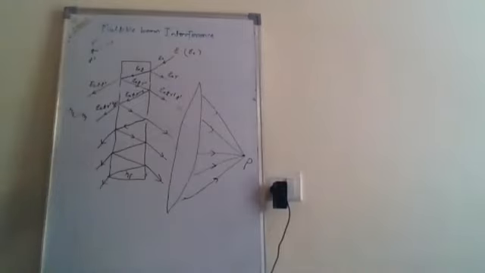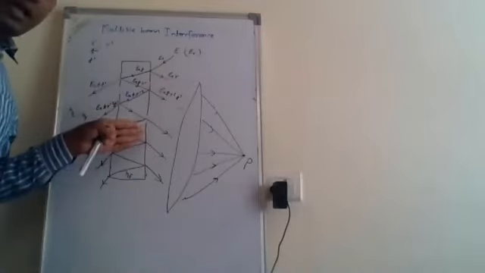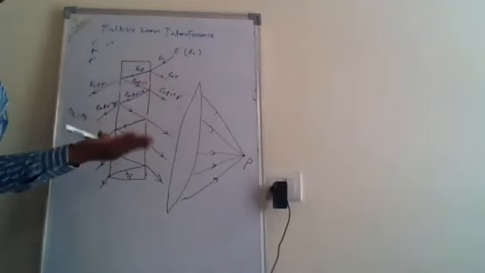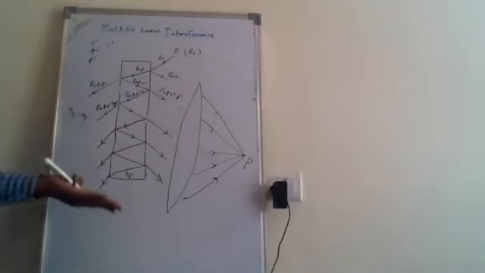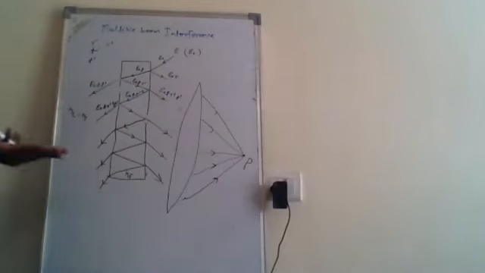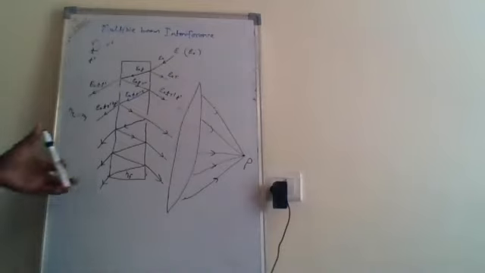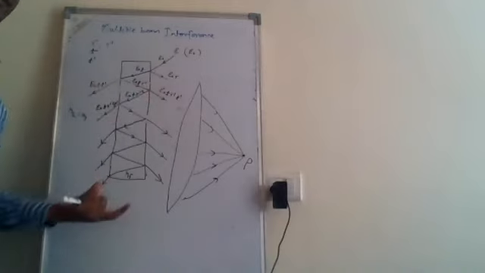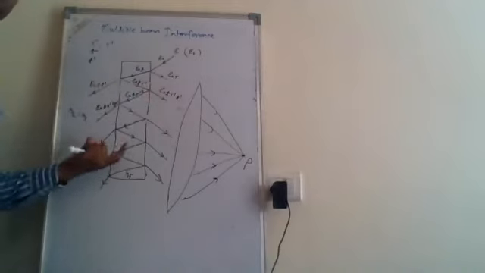Yes, sir. So now we can calculate the optical path difference, and if you calculate the optical path difference, then one can describe the position of the maxima and the position of the minima. Okay, we know that if the optical path difference is equal to m lambda, we get maxima, and if the optical path difference is equal to (m plus half) lambda, we get minima. So accordingly, we will see the maxima position and the minima position. And also one can calculate the optical path difference, which we have already discussed in the thin film. We have discussed the thin film interference pattern, right?